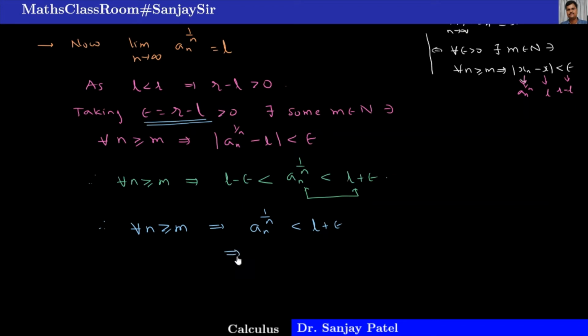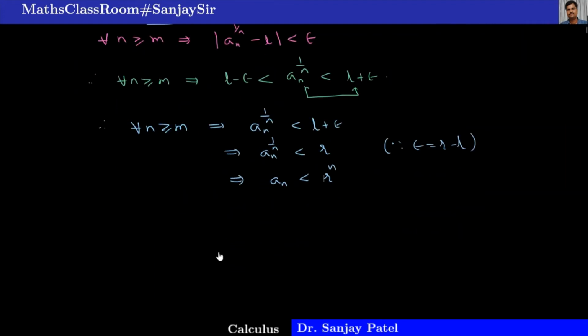So I can write this implies a_n raised to 1 upon n is less than R, because epsilon is equal to R minus L, and that gives us L plus epsilon is equal to R. Okay. Now taking nth power on both the sides, here we'll get a_n less than R raised to n. Okay. And what we have proved here is this thing. Therefore, for every n greater than or equal to m implies a_n is less than R raised to n